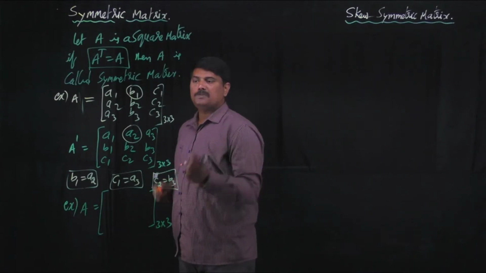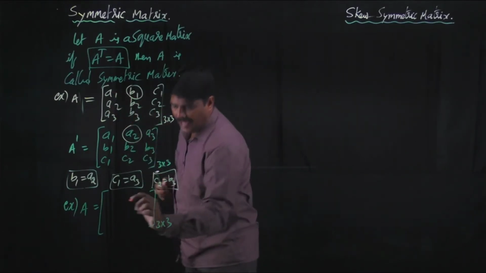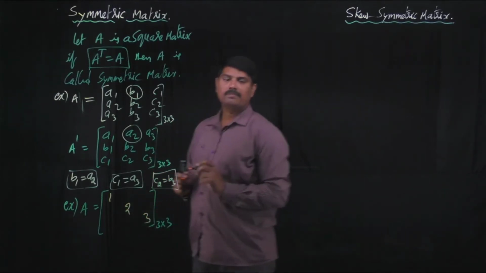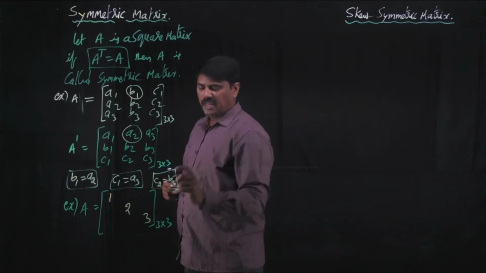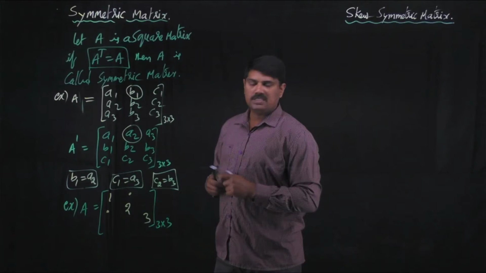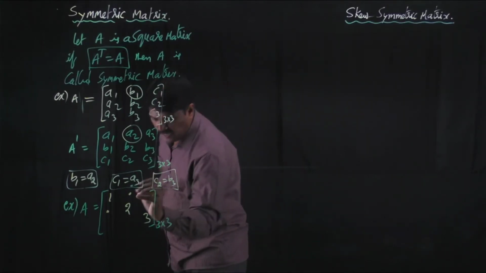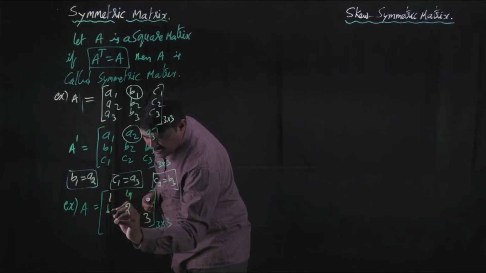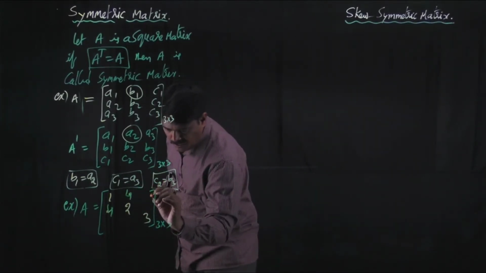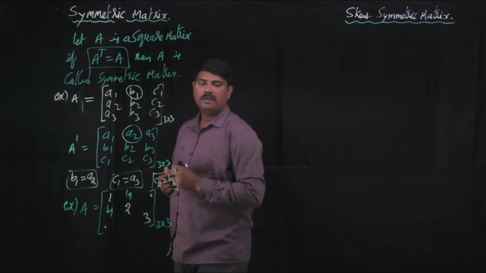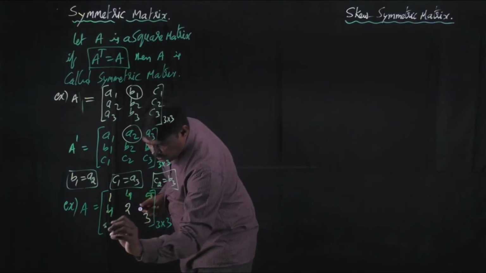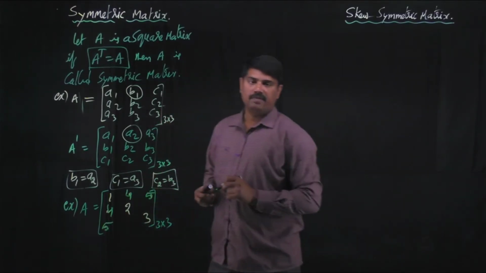Now as per the discussion, the diagonal elements are my choice. I am writing 1, 2, 3. Later you have to choose the element in the 1 2 position and the 2 1 position. You need to consider both as equal. If you write 4 here, this has to be 4. Next, you have to think about the 1 3 and 3 1 positions. If you take 5 as the element here, you need to take 5 again in the 3 1 position.